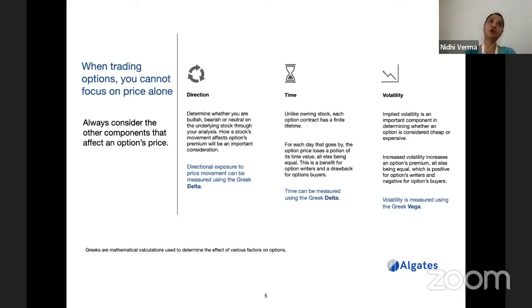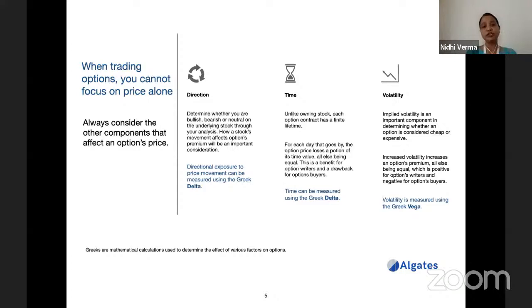Because stocks are theoretically perpetual assets, right? They do not have a time frame attached to them. So if you have a sense of direction in terms of the price movements, you can be a successful trader when you are only trading in equities or investing in equities even in the long term. But when you are trading in options, there are many components to the option price, and you have to consider those things also when you are placing a trade.